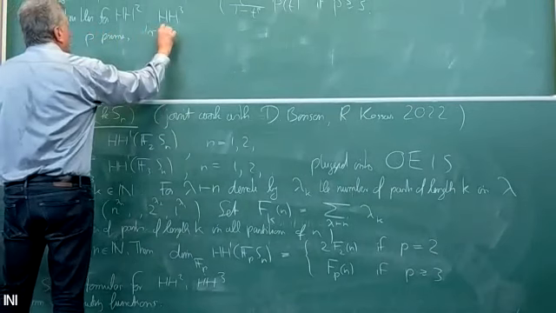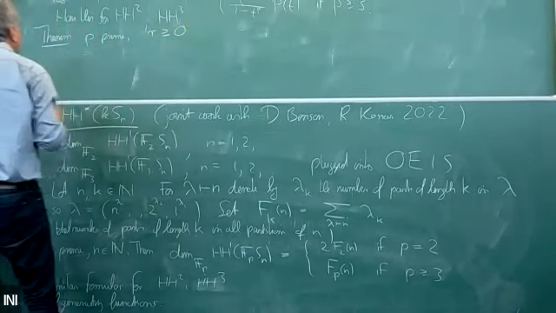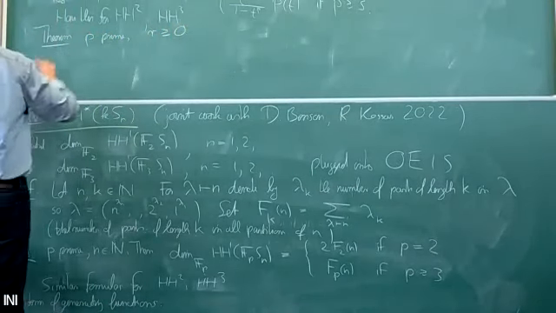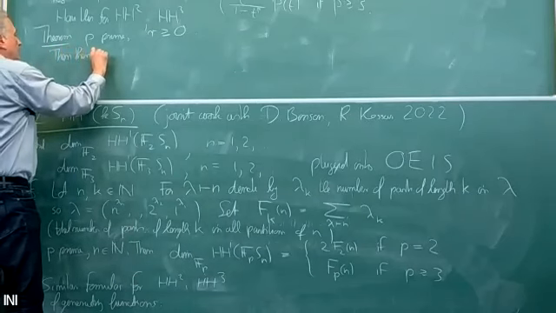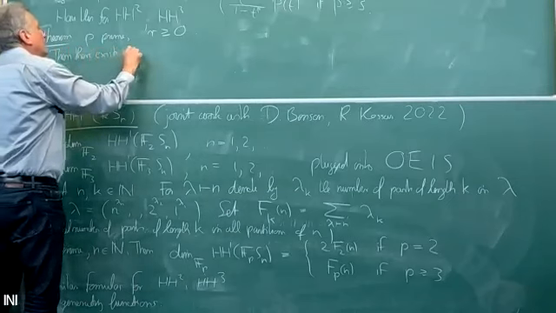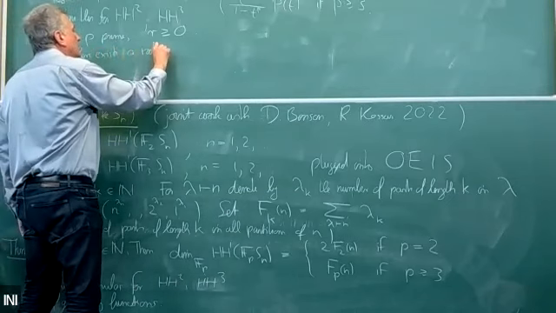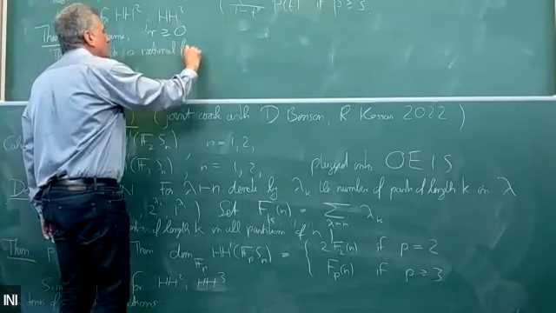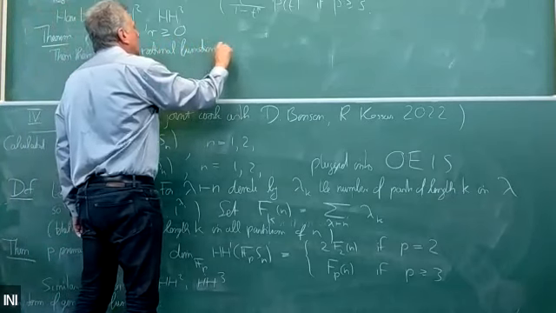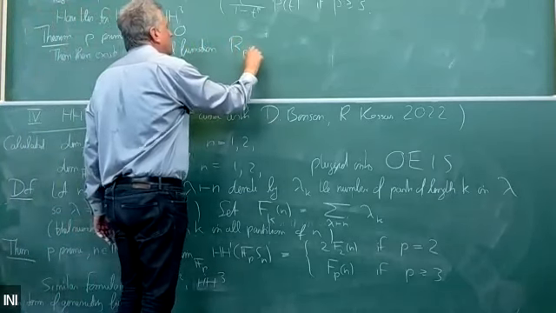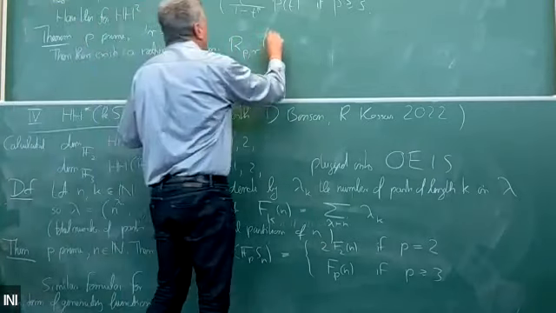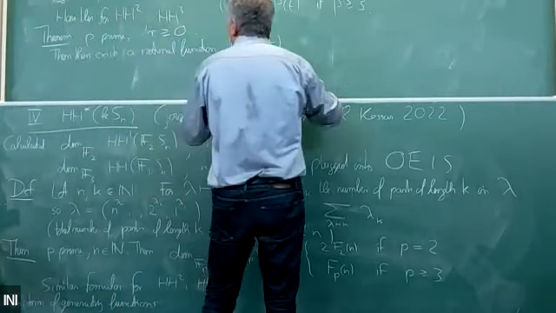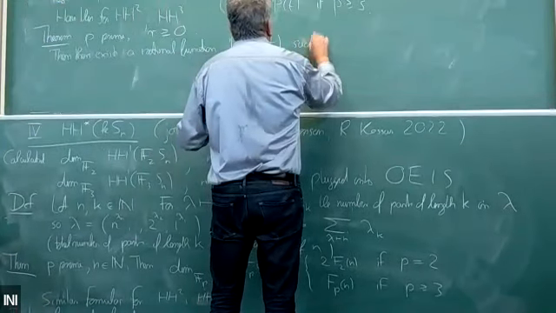So R is a non-negative integer. Then there exists a rational function, which depends on both the prime and the degree in which we want to calculate things, such that